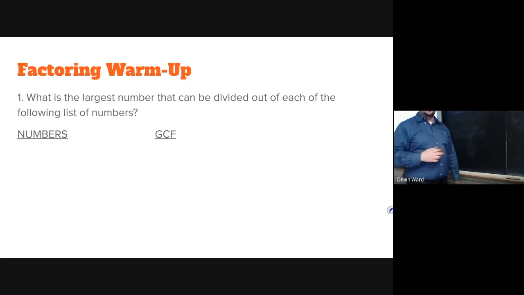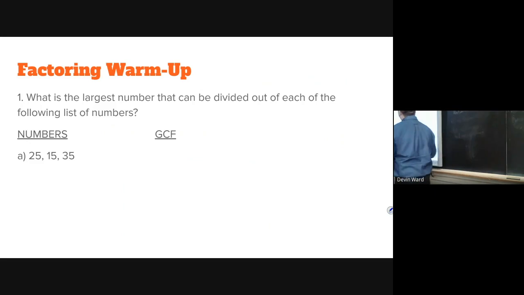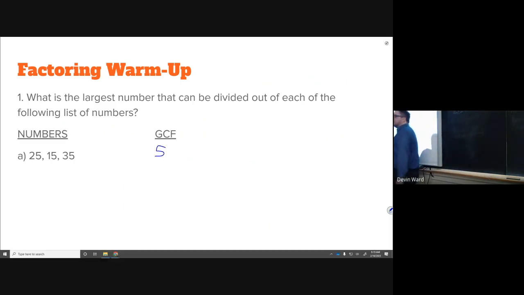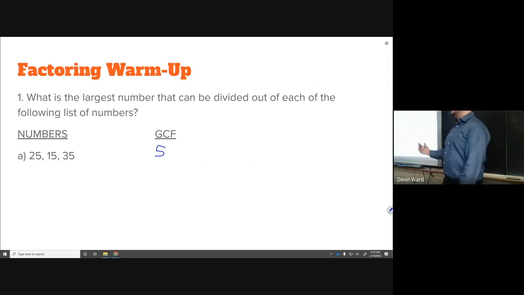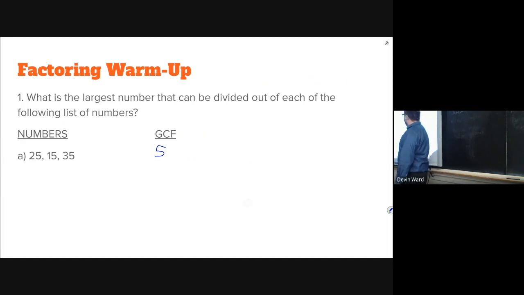Let's do some practice first. What is the largest number that can be divided out of each of the following lists? What's the biggest number we can divide into 25, 15, and 35? Perfect, 5. Because if we do 25 divided by 5, we get 5. 15 divided by 5, we get 3. 35 divided by 5, we get 7. So the GCF, or greatest common factor,